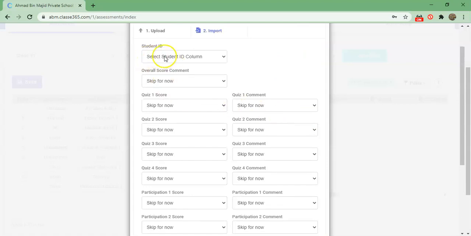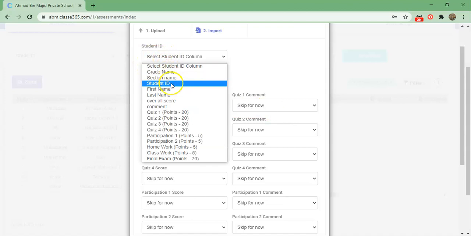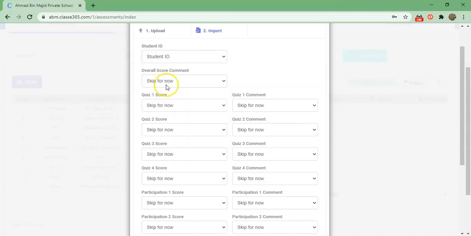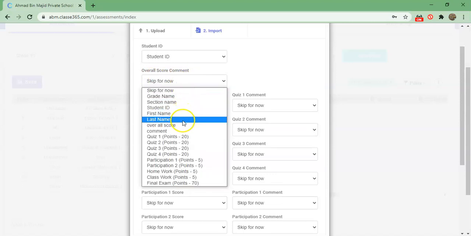Over here, what we need to do, student ID. So go to student ID. Okay. And then overall score and comment. Over here, overall score, and one is comment. So you press comment here.